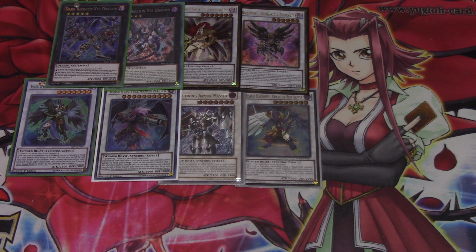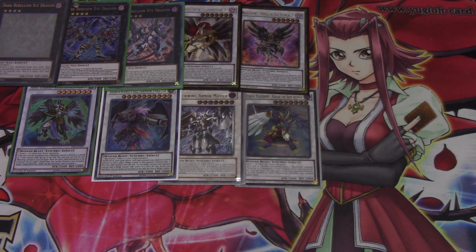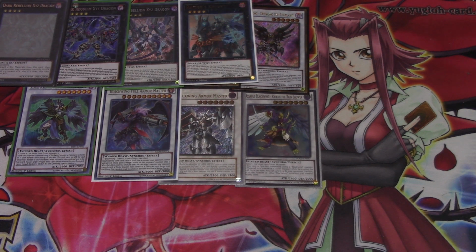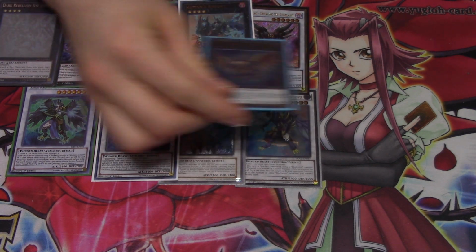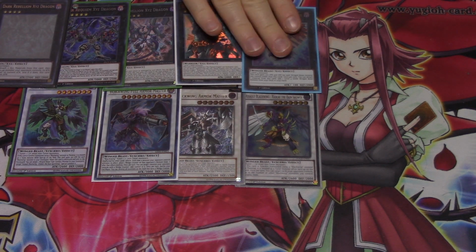As for Exceeds, you're going to see that here we run Arc Rebellion XYZ Dragon, Dark Requiem XYZ Dragon, Dark Rebellion XYZ Dragon, Raidraptor Knight, and Raid Raptor Force Tricks. Some people run Raid Raptor's Force Tricks as a